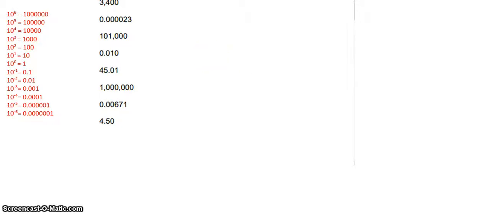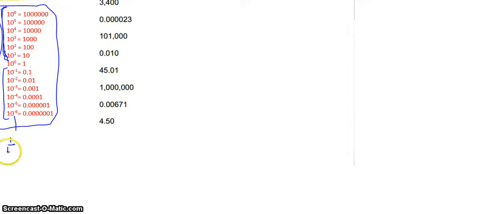Okay, I thought we would do some examples of scientific notation. I put your little chart that you can make. Look, I did it to 6 zeros on each side. Start at 1. This side, of course, going up this way is multiplication. Keep that in mind. This, you're dividing. These are fractions. So for instance, 10 to the negative 6 is 1 over 10